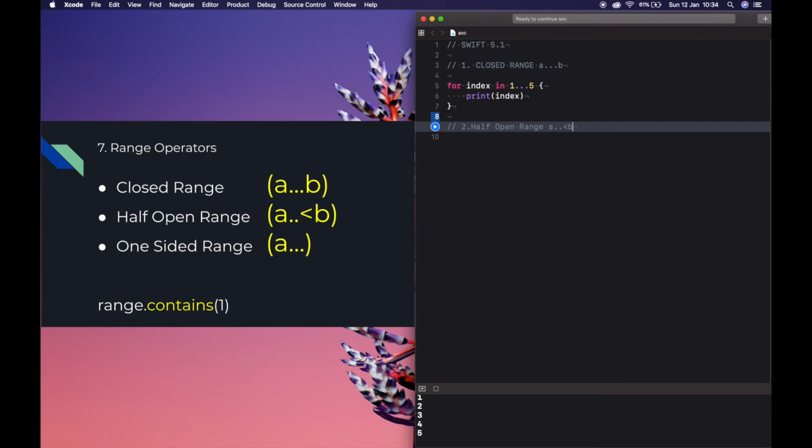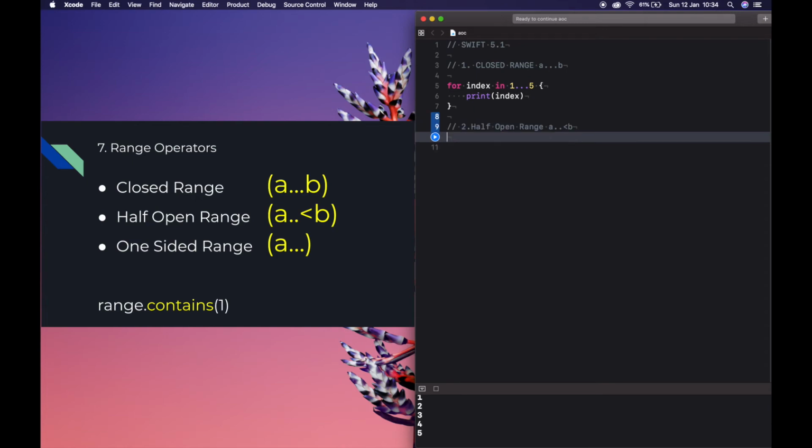This is a half open range operator that defines a range that runs from a to b but does not include b. These are particularly useful when you work with zero-based lists such as arrays, where it is useful to count up to the length of the list.